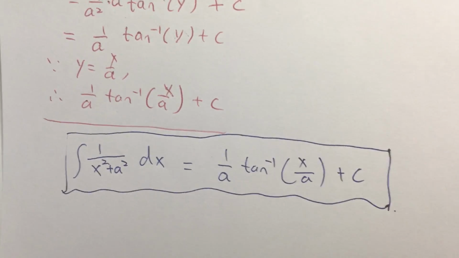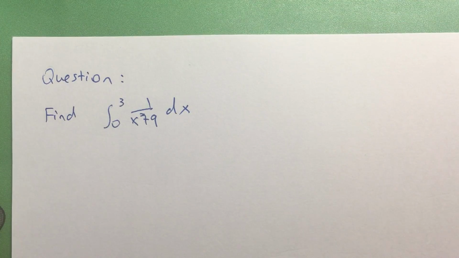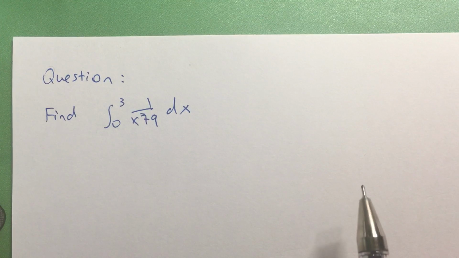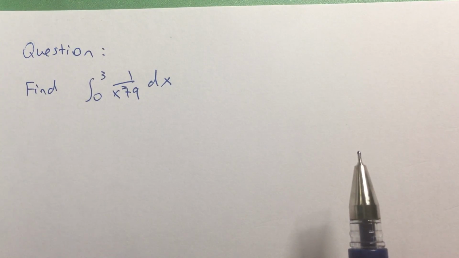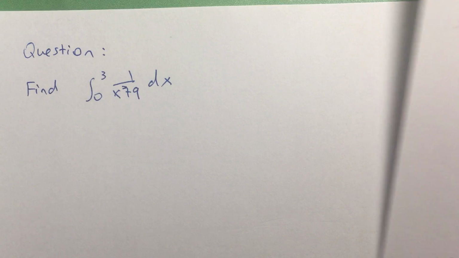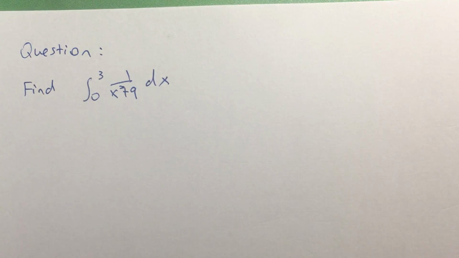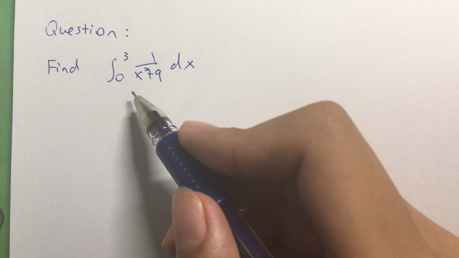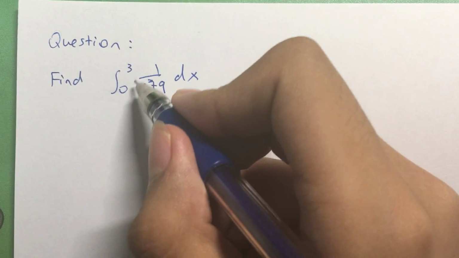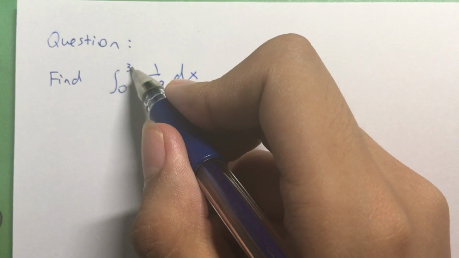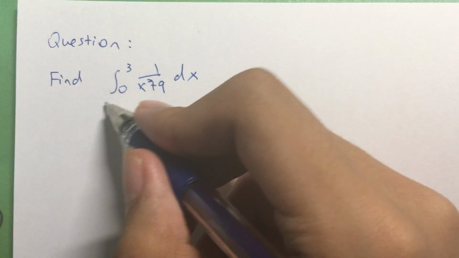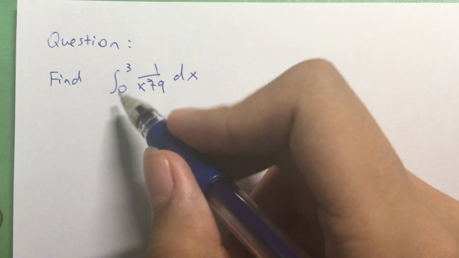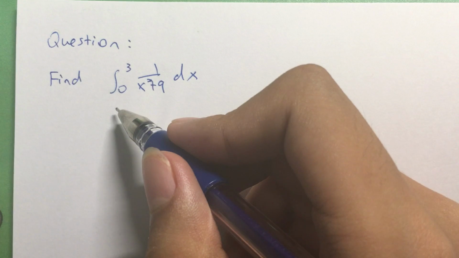Okay, so now let's try a question. For example, this question. I'm just going to apply the formula, but I hope you can solve this from the beginning, just like I did here. All the proving stuff, you can solve by yourself. So now I'm going to tell you how to apply this formula. We can see that there are numbers here, which are 3 and 0, and this means that this is a definite integration. So firstly we need to find the